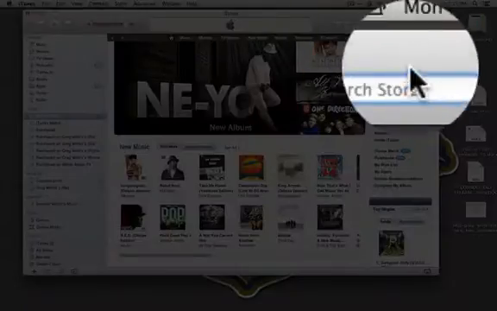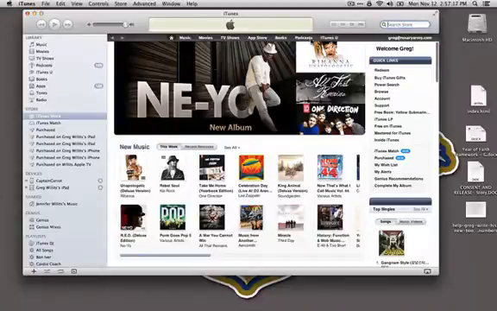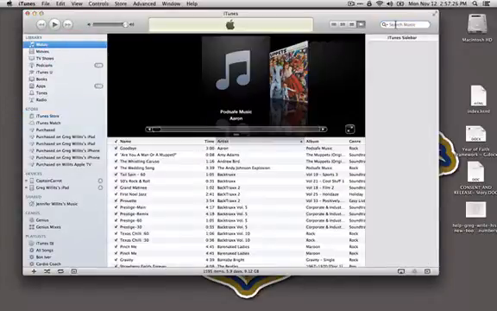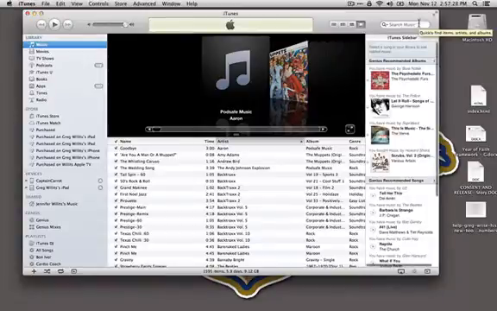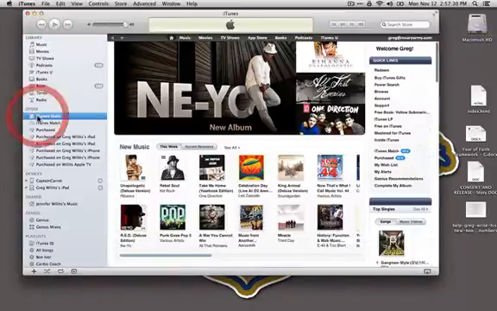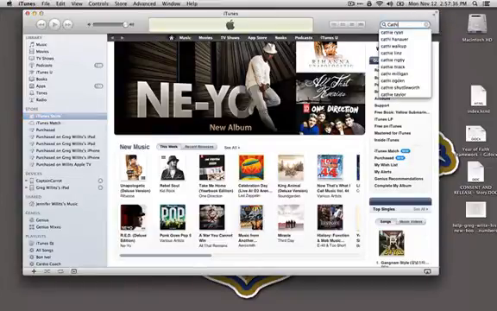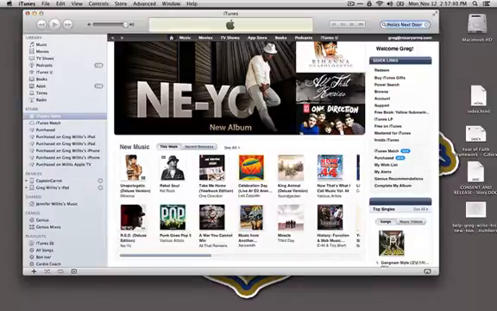All you have to do is go up into the search tab right up here. Make sure that you have iTunes Store selected over on the left, and here it will say Search Store. If you have your music selected, look here, it changed it. Search music. It's only going to be searching for what's on your computer. You have to make sure you have the iTunes Store selected, and it says Search Store. If you have that, then just type in Catholics Next Door, and then hit Enter.